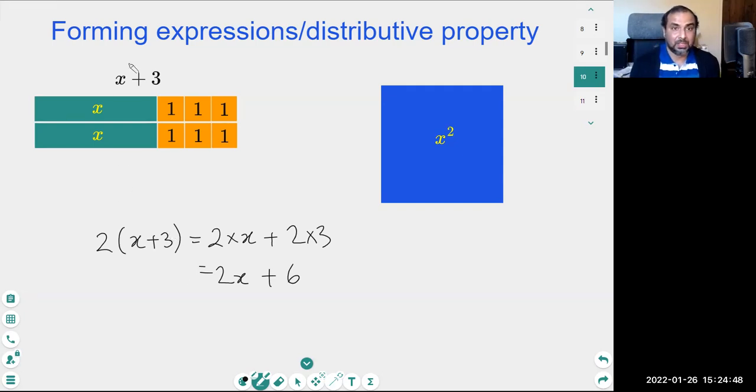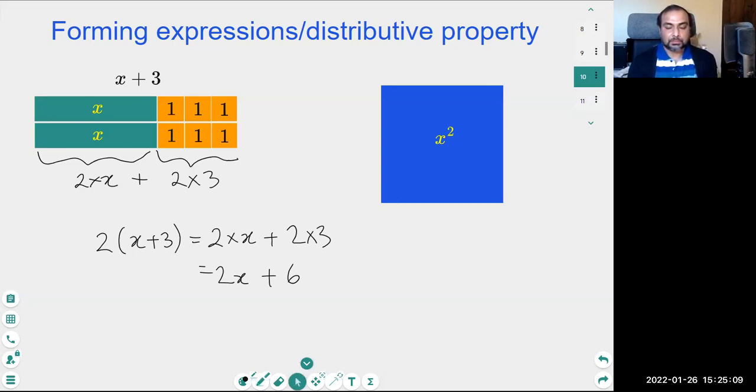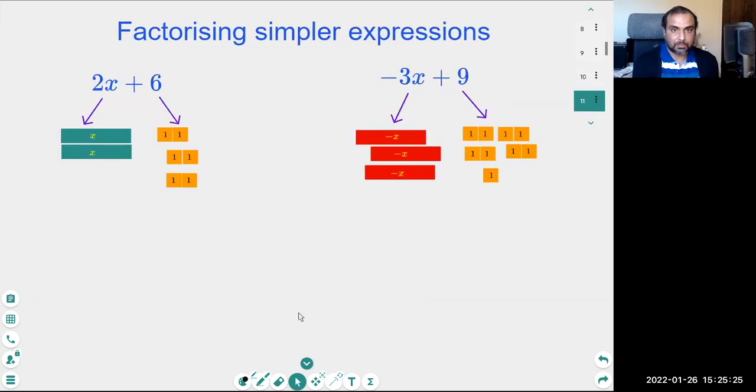but it's very simple. All you're saying is if I made 2 copies of this thing, then I actually end up with 2 copies of x as well. And if I made 2 copies of 3, I ended up with 2 copies of 3. And overall, it's just 2x plus 2 times 3. So that's just showing visually the distributive property. If I have x copies of x itself, I then end up with x squared. So I get students to do this as well. So they just make copies of this to make their own expressions. And you can go in reverse as well, which would be factorizing,